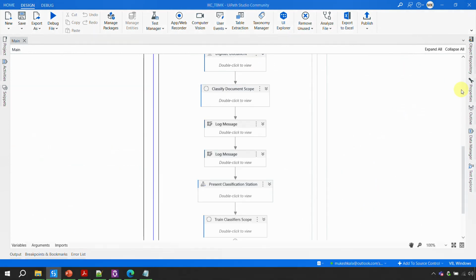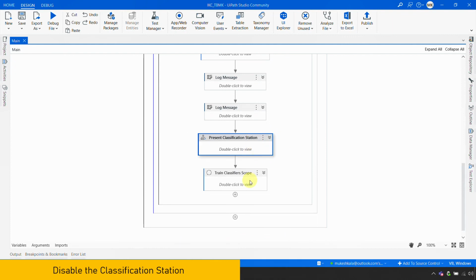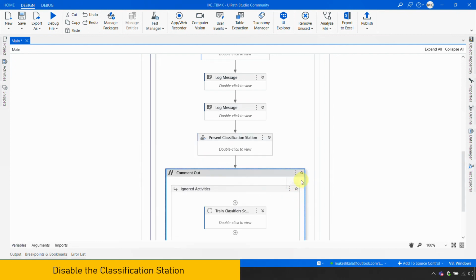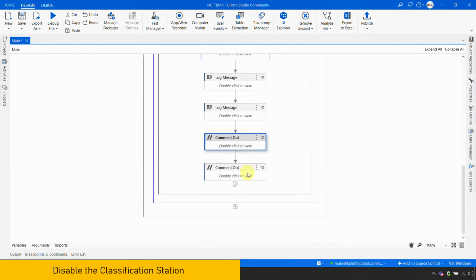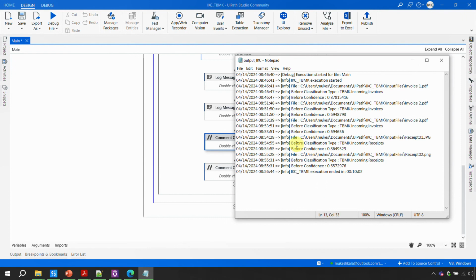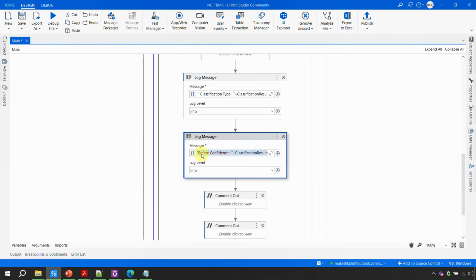So just minimize, and let's comment out the present validation and the train classifier. Control plus D, that's the shortcut, Control D to disable the activity. Okay, and this way this would be disabled. Now I'll just remove this before from here so that we can see the differentiation. Or maybe you can just put new log messages, that's perfectly fine. Save this,